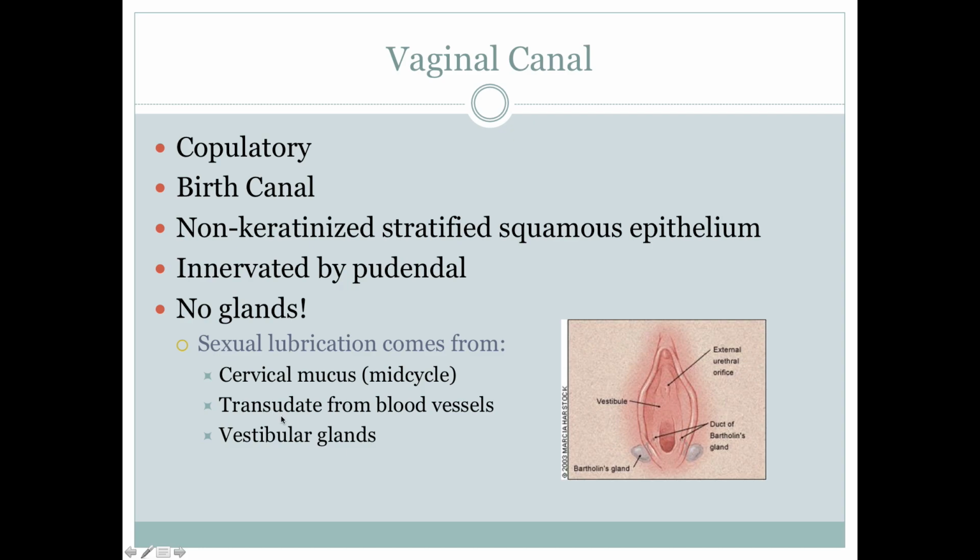Transudate, trans means across. Exudate is fluid formed via inflammation. When blood rushes down to the genitals, it's going to stretch the capillaries, and the capillaries, they're one cell thick, and they're going to start widening, and then fluid can leave those spaces. So that's called exudate. Trans is when fluid just goes across the membrane, and it's clear because it's been pushed over that membrane and through that membrane.